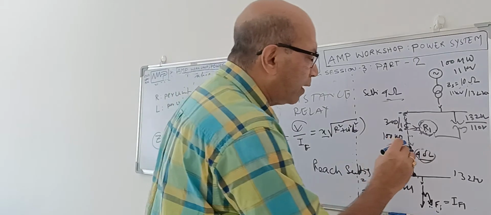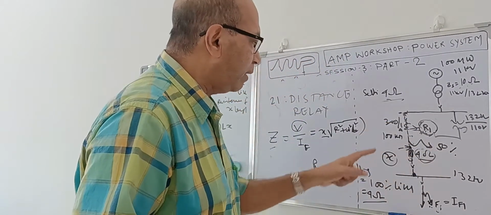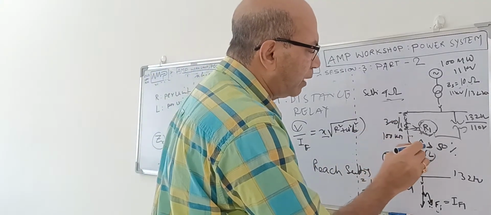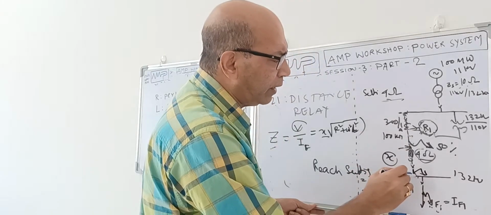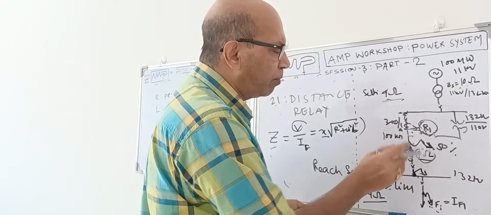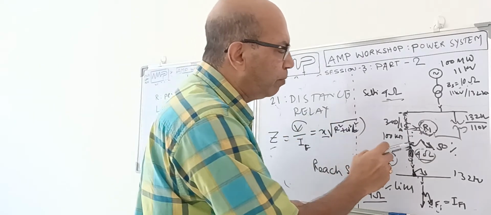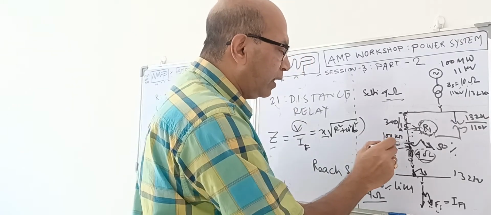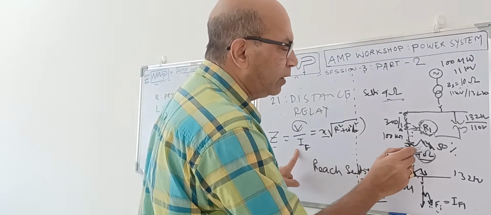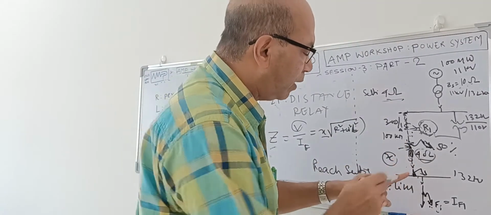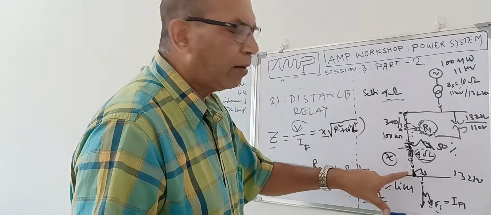So if the fault is at 50% of the line, suppose the fault is over here, the relay will immediately measure by voltage. What about the current? If the fault is at 50%, the current will be more, because here the impedance is 4 ohm and here it is 2 ohm. With more impedance, the current will be less. If the 50% fault is there, the current will be high. If the fault is at 100%, the current will be low. If the current is low, the impedance is high. Impedance high means longer length.